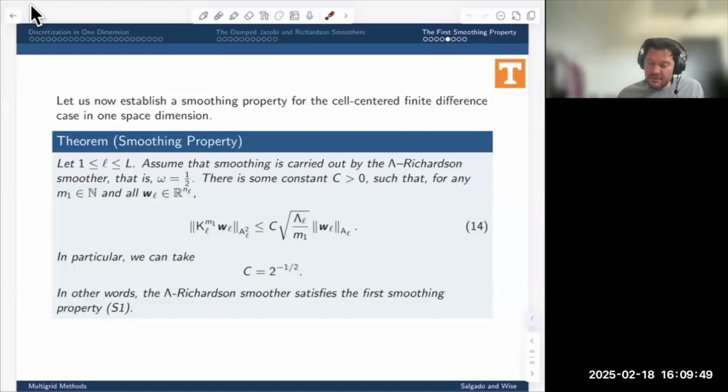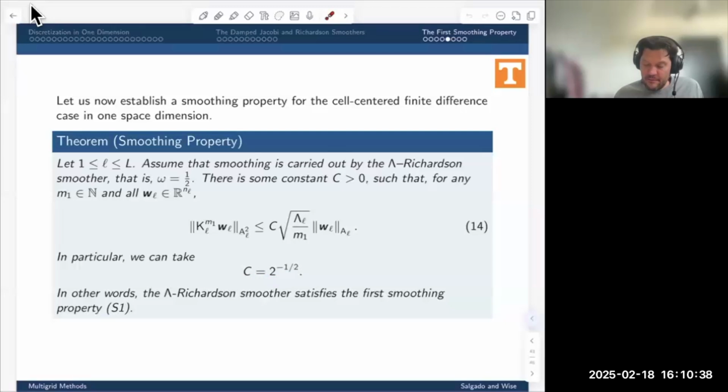So what we want to show is that there's some constant c greater than 0 such that for any number of smoothing passes we want to do, and for whatever vector we want to apply this smoothing to, w_L in R^{N_L}, then the A_L squared norm, as we've said many times, the discrete norm which is like a Sobolev 2 norm, of K_L raised to the M_1 power, so that means doing M_1 smoothing iterations applied to w_L, is less than or equal to a constant, which we can actually determine to be 1 over square root of 2,